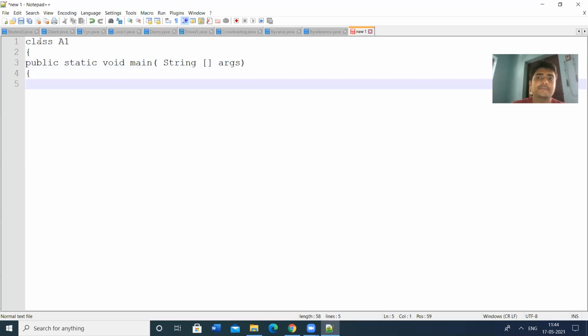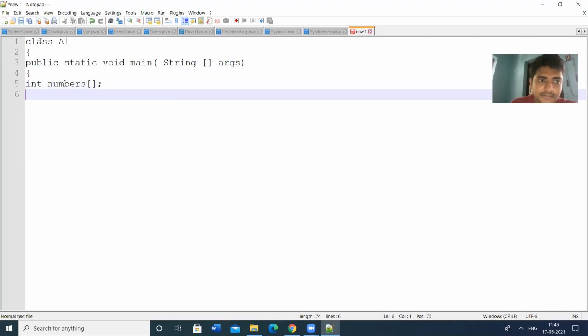In this, we can create an array. So what is the syntax for creating an array? For example, int numbers, and we have to give the index. So this is the array declaration.